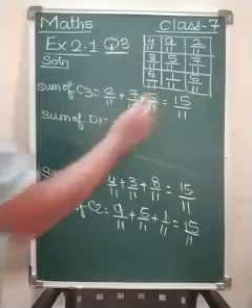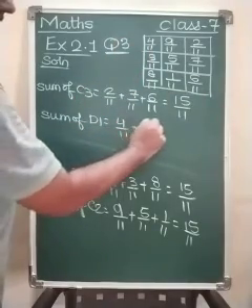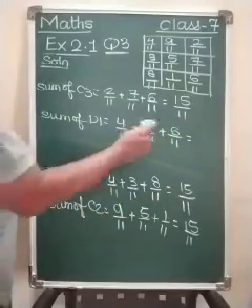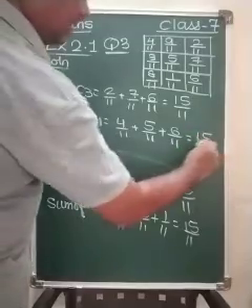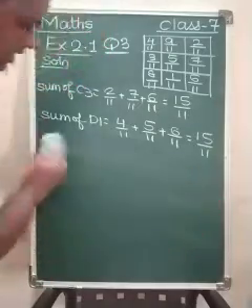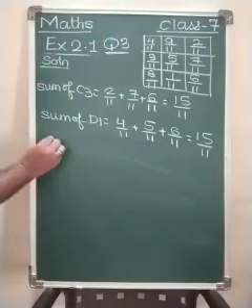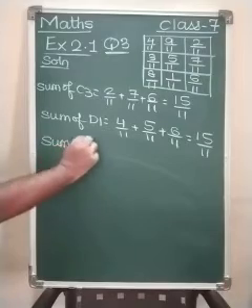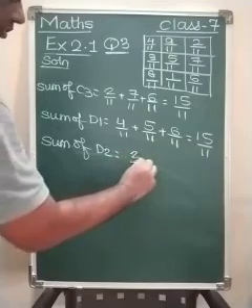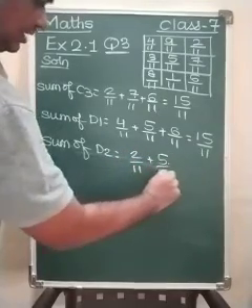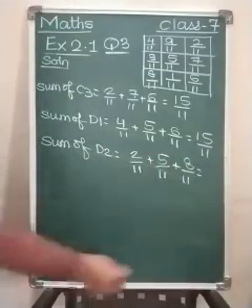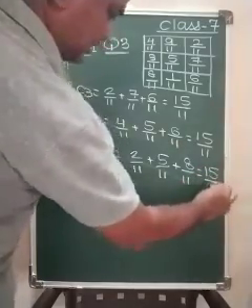And sum of D1 equals to 4 upon 11 plus 5 upon 11 plus 6 upon 11. So this equals to 4 plus 6, 10 plus 5, 15 upon 11. Very good. Now if sum of D2 comes to 15 upon 11, then this would be a magical square. Sum of D2 equals to 2 upon 11 plus 5 upon 11 plus 8 upon 11. So this equals to 8 plus 2, 10, 10 plus 5, 15. Okay, so all are equal.